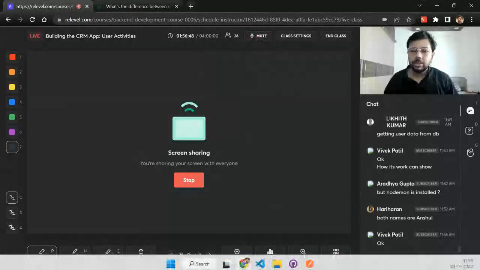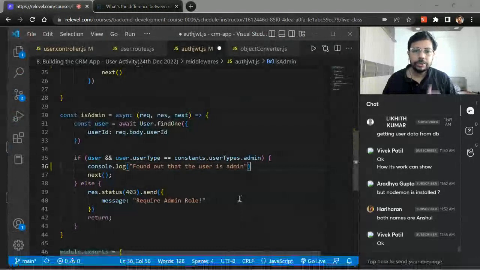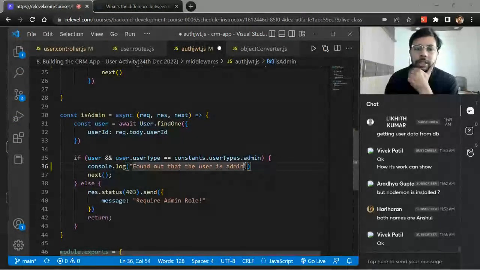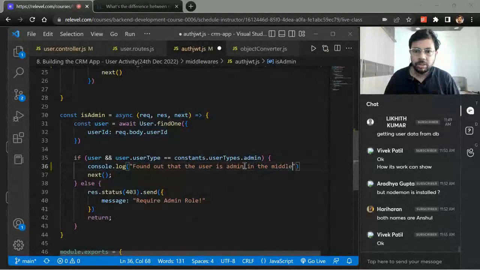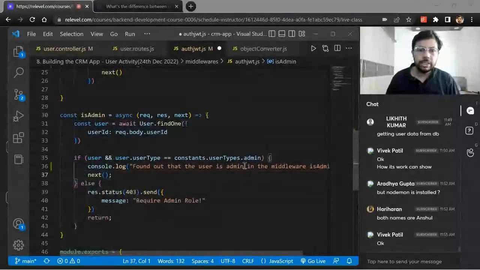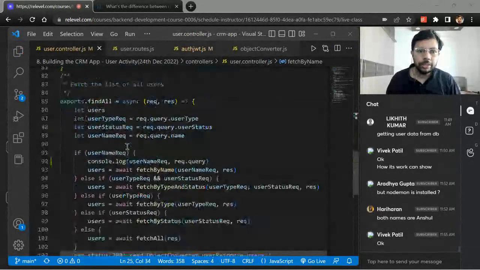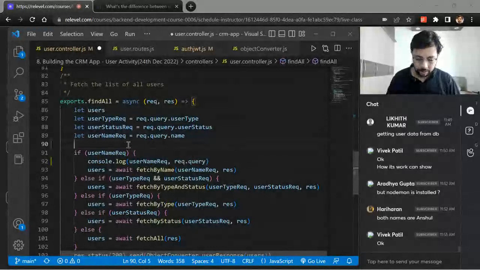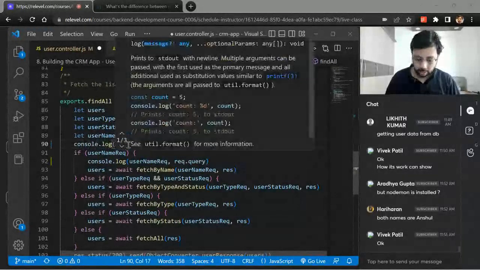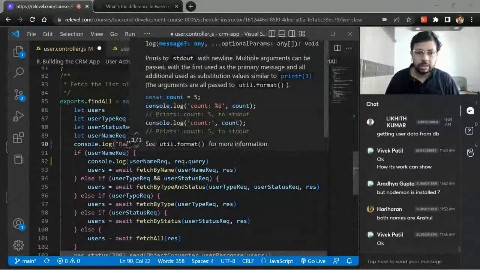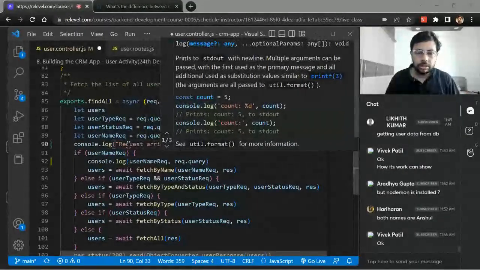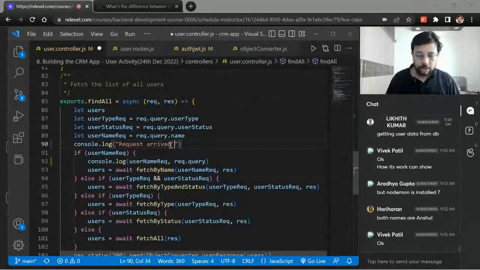Yeah, so I was just writing some comments. We found out that the user is admin in the middleware, in the middleware is admin. Once you found out that the user is an admin, you go to the controller and say console.log request arrived at the user controller find all,